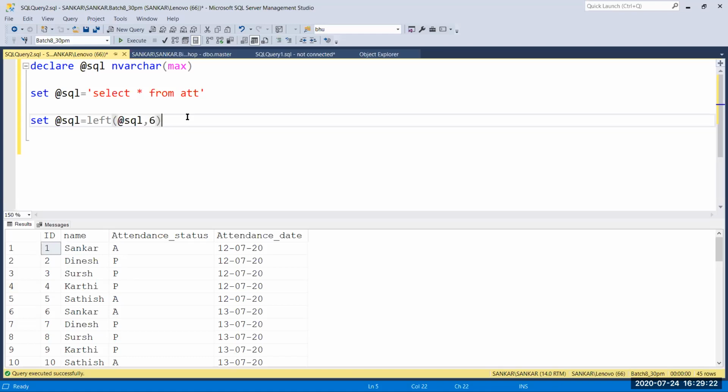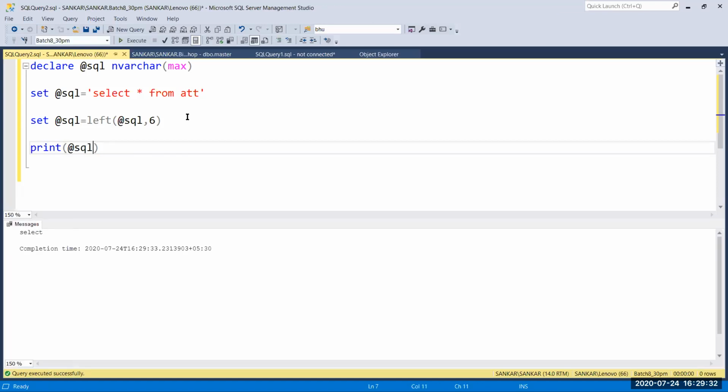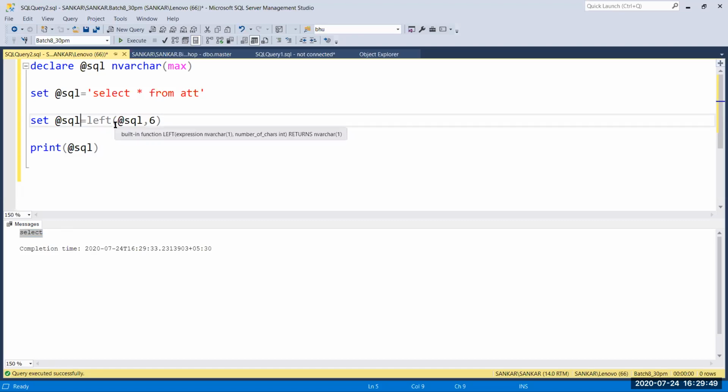Then I print what is inside @sql. Let's check. I run this, and now you can see the select has been cropped. We can grab any characters we want using the left and right operators.